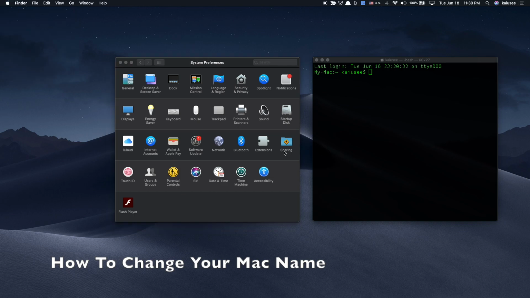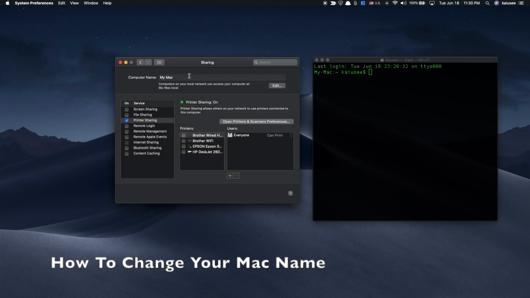The first thing you want to do is go to the Sharing icon in your System Preferences. Then you're going to see your computer name right over here. What you want to do is type the new computer name that you would like. In this case, I'm going to call it KDev Mac. I'm going to hit enter, and I can see that it has been changed right over here, but